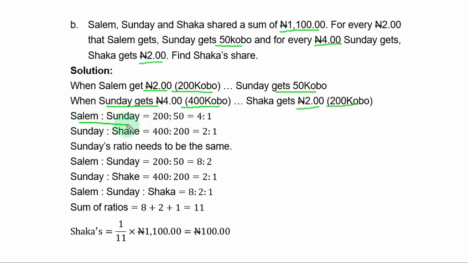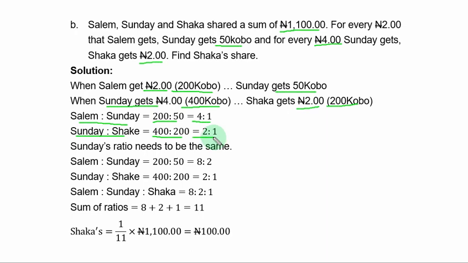Salem ratio Sunday simply means 200 ratio 50. That simplifies to 4:1. Sunday ratio Shaka simply means 400 ratio 200. That simplifies to 2:1. In order to proceed, Sunday's ratio needs to be the same because Sunday is appearing in both statements or